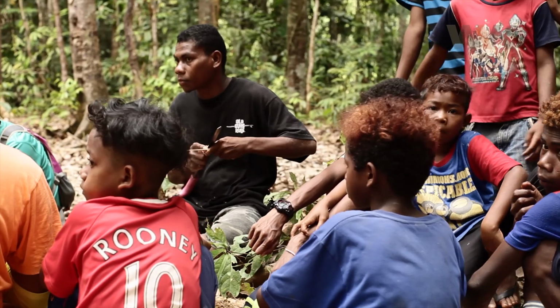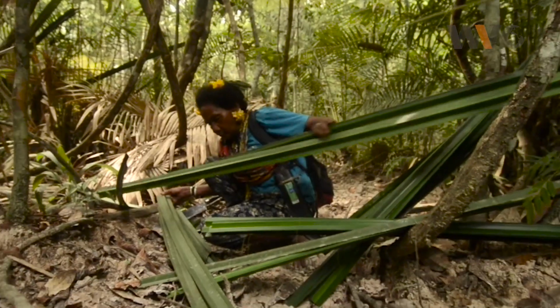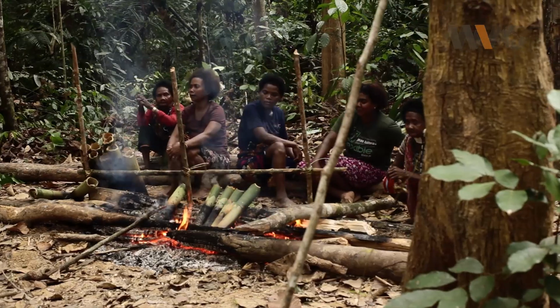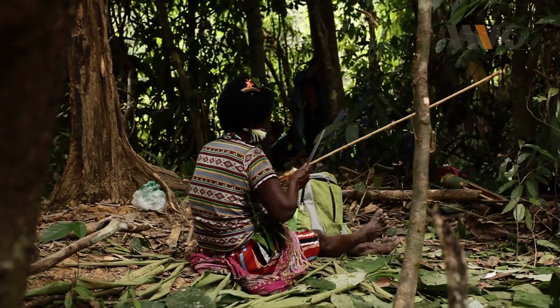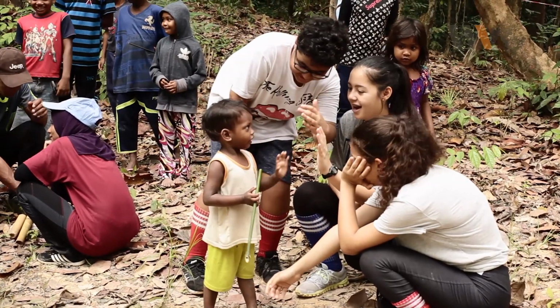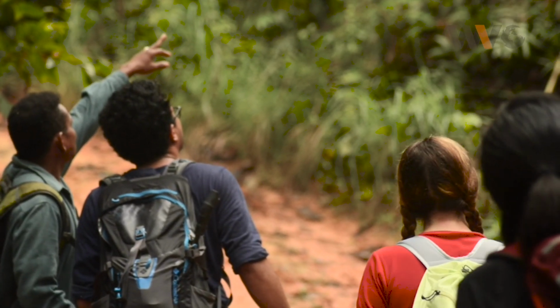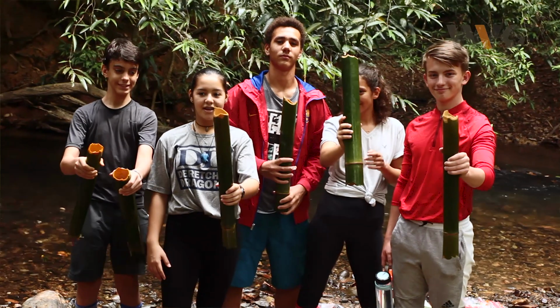So these lands have historically been inhabited by the Batek people, which is the local tribe here in Malaysia. They know the forest the best, they know the jungle the best, they have a lot of cool practices that we in our generation and our part of the world can learn from. We hire them as guides and really as consultants in this particular project, and we also try to engage and